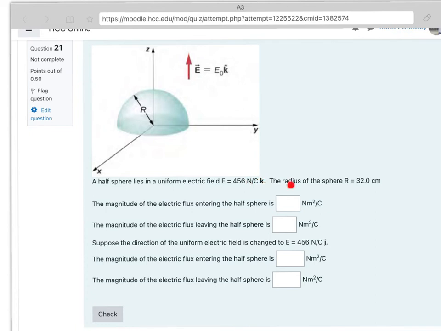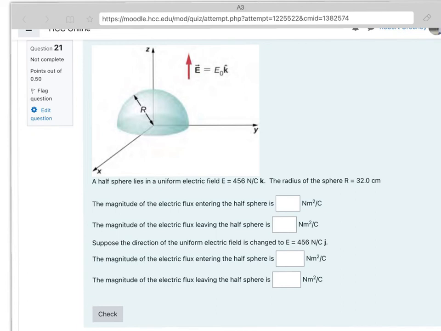That'll give you the flux, and then it comes out of the sphere. By calculus, it would be a complicated problem. But since we know the field in has to equal the field out, we don't have to do that integral. We can just say the field leaving has to be equal to the field entering. But now if we put it along j hat,